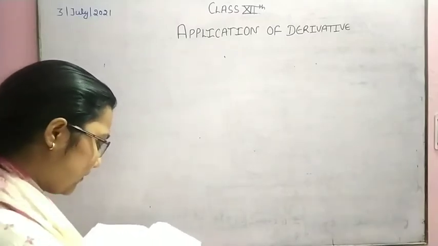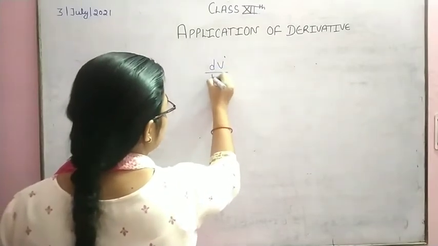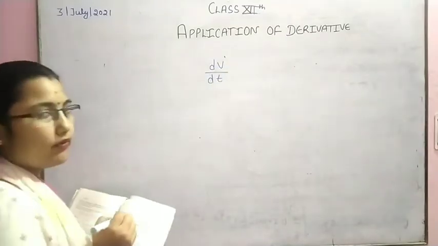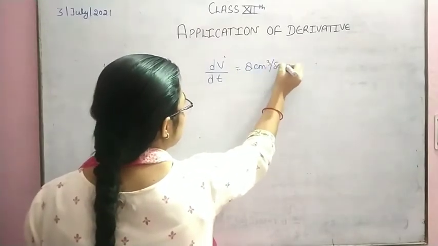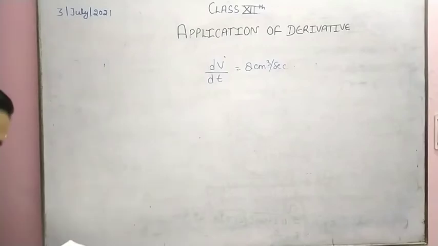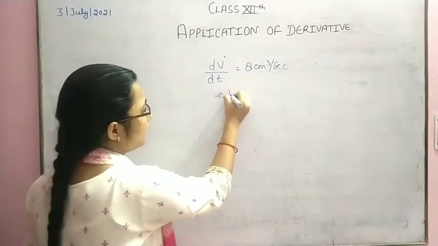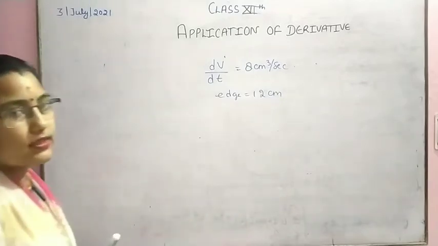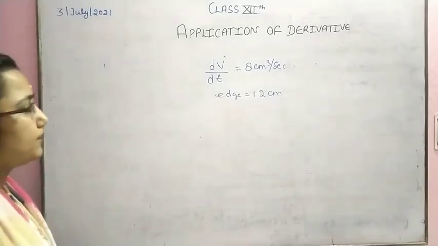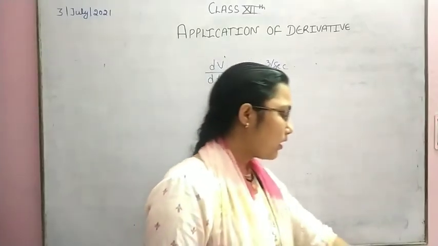The volume of a cube is increasing at the rate of 8 centimeter cube per second, so dV by dt is given. This is 8 centimeter cube per second. How fast is the surface area increasing when the edge is 12 centimeter? So the edge is given as 12 centimeter, and we have to find how fast the surface area will be changed. So we know that the surface area of a cube